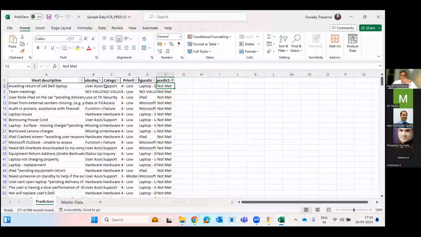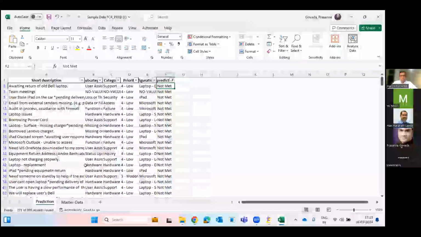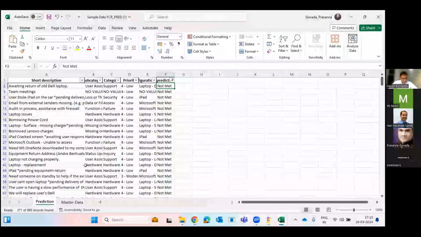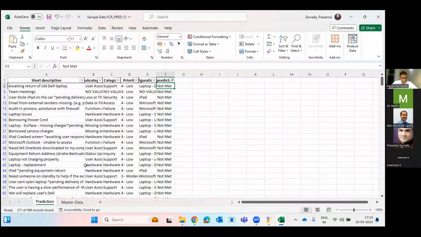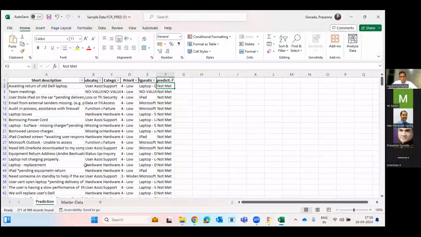So I would look at the assignment groups or the subcategory. In case they are not supposed to be part of my incident queue, then I would push them to a different queue without wasting my or my resources' time in evaluating those incidents. And my FCR is better basis that, as well as I'm saving my team's time and my time as well.